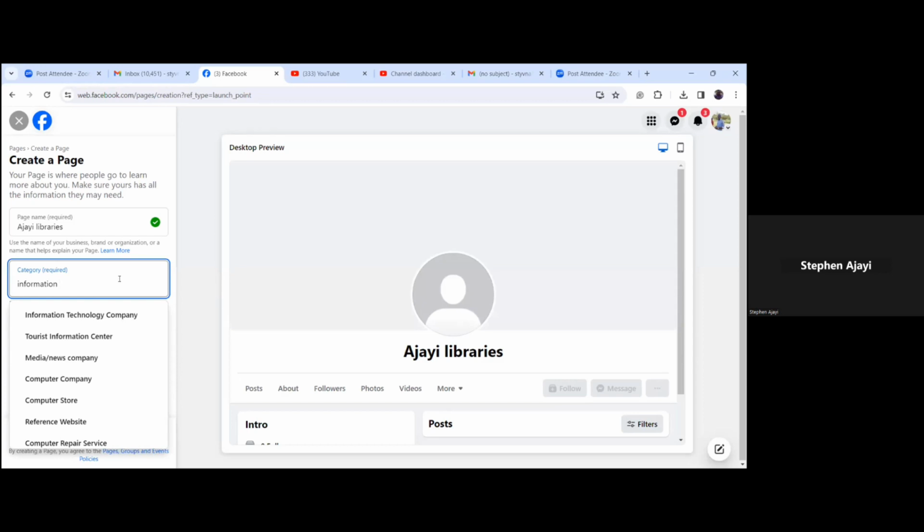as information? Or you want to have it as, let's pick, a media center. So immediately you pick information, it will bring related terms, terms that are related to what you are typing in. Now you can see media, computer company, reference websites, computer repair. So let me pick